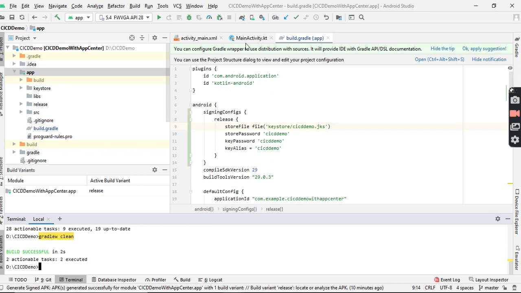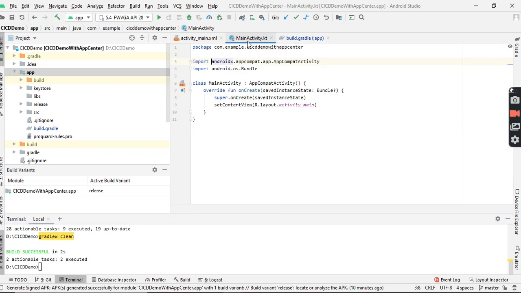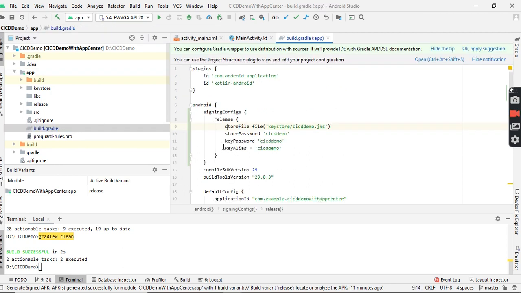I have created one application in Android Studio, CI/CD demo with App Center. This is for basic demo purposes, and it has only one activity to show the UI.